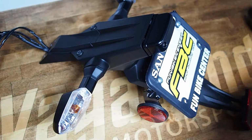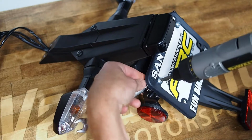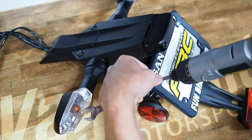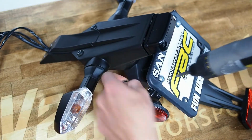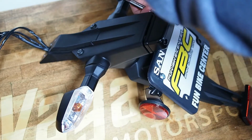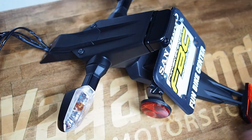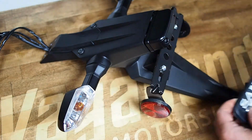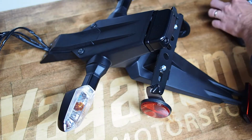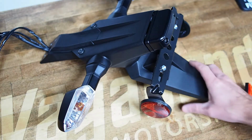Once you got the fender to the bench, we're just going to start with taking the license plate off. And every dealer is going to be slightly different on whatever hardware they provide. In case of Fun Bike, it's going to be Phillips and hex nuts on the back. Use a 12mm there. But that'll probably vary from dealer to dealer. Now once you've got